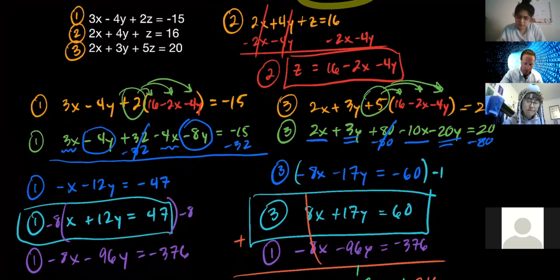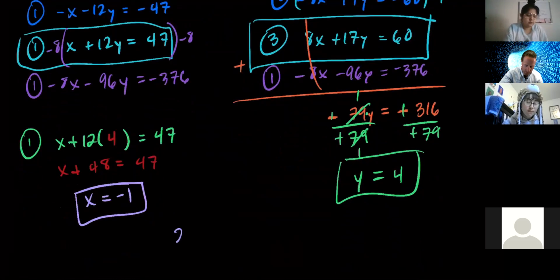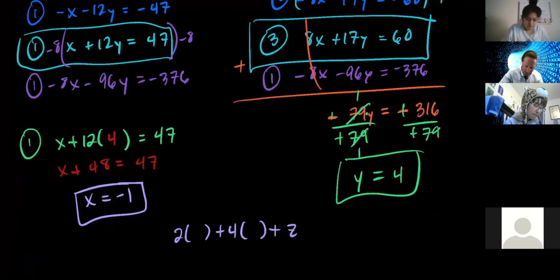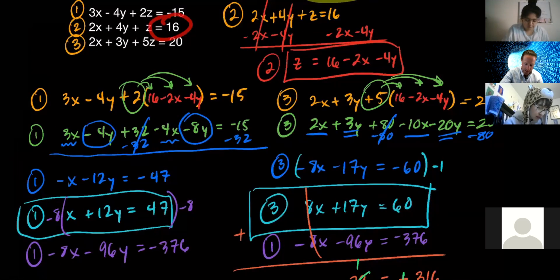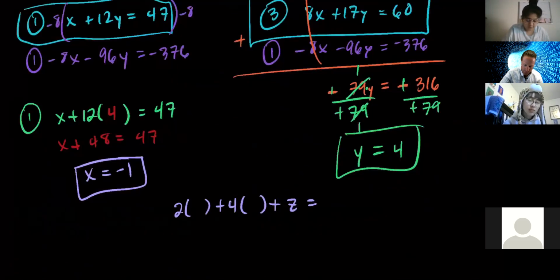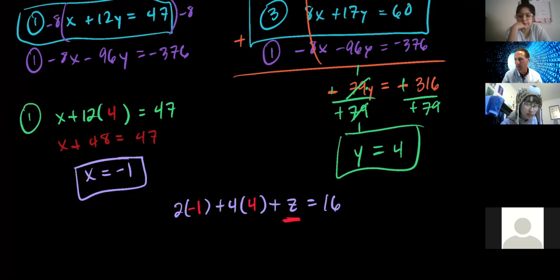So I'll take the 2x plus 4y plus z, that was all equal to 16. And I will plug in, back substitute once more for that x, which we knew was -1, that y, which we knew was 4, and now I should be able to solve for that one and only variable that's left,